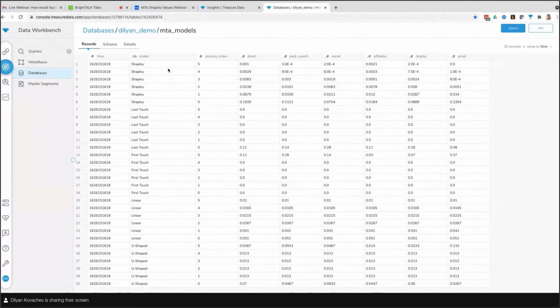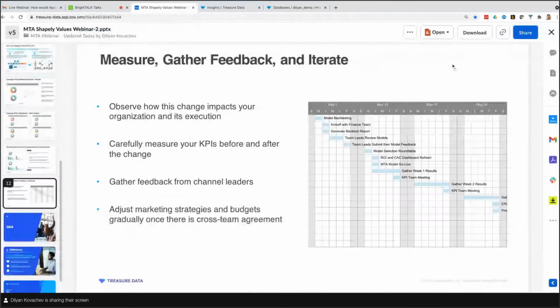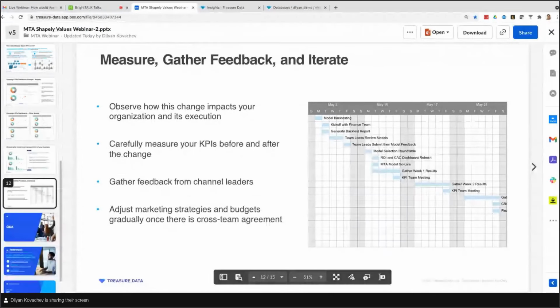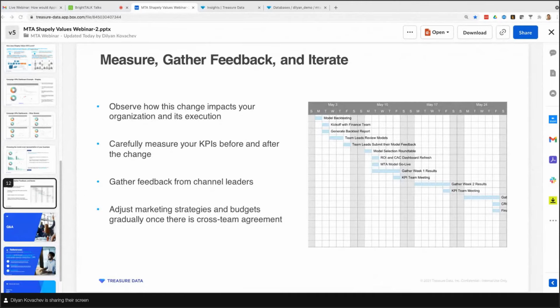What powers this dashboard is the model, the touch point index, and all the channels, and then the contribution of each channel. So for the different models, you have that. The data that goes into this basically looks like, I think I can bring it in. I have it open on the side. So let me show an example of that.